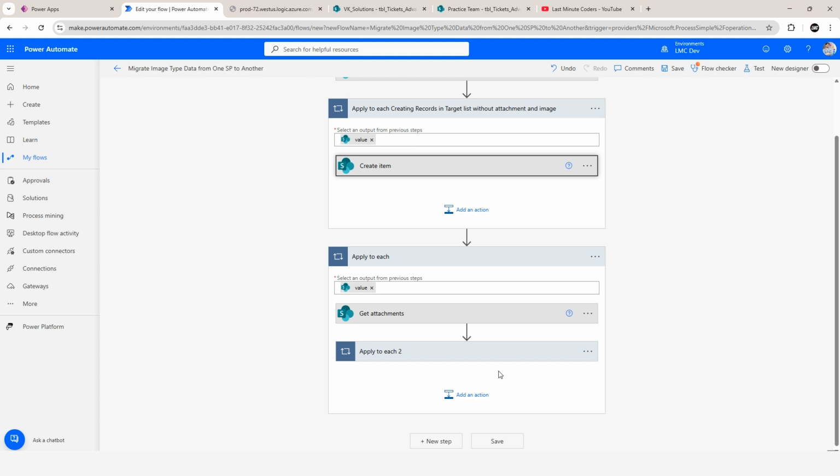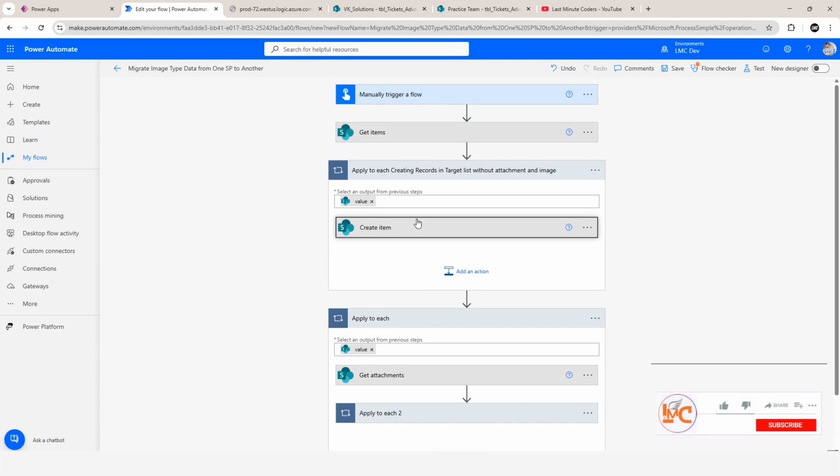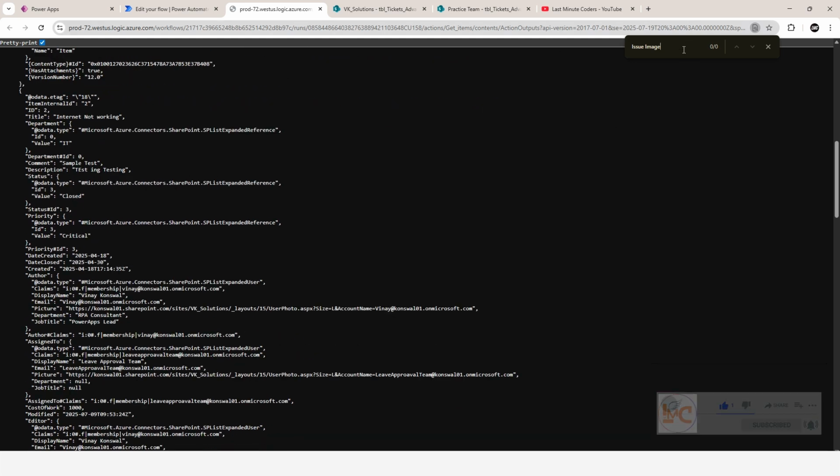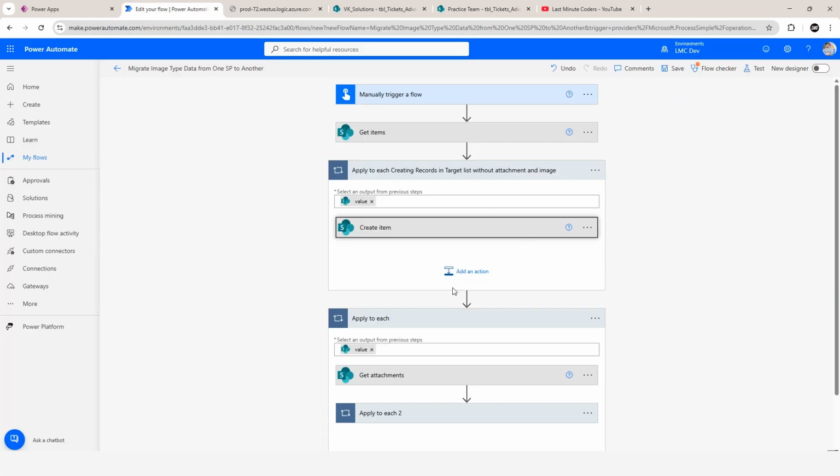Okay. So here what I'm getting is all the attachments. Now what I have to do is get the image type column's data. Using get items we cannot get the image type data, as we can see in this. So here we are not getting the issue image data. So how do we get the issue image data? As I said,